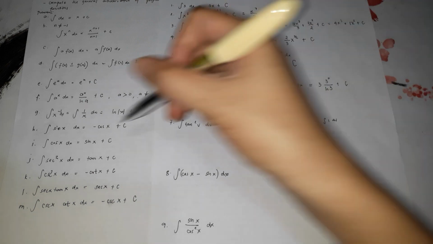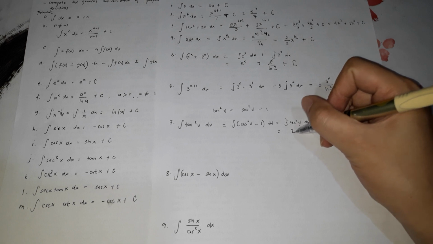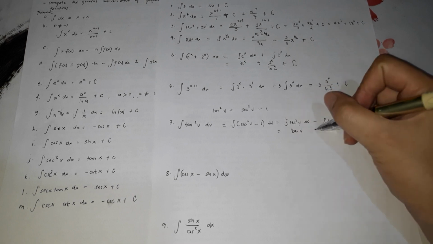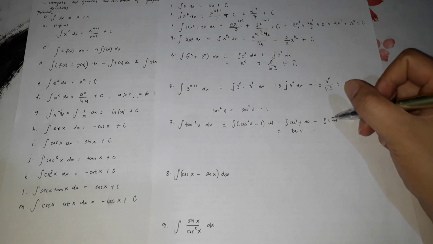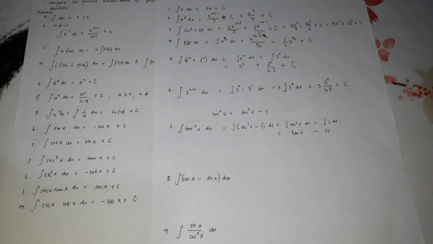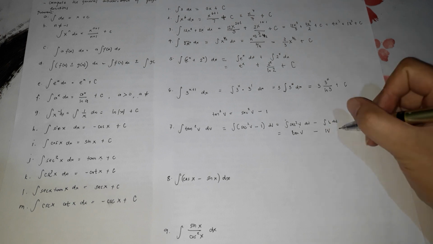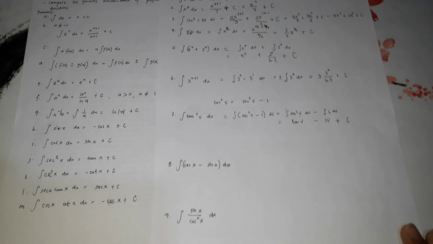This one, if you notice, this is equal to tan v. So therefore, tan v minus the antiderivative of constant is, the integral of a constant 1, lagyan mo ng variable which is v plus c. So this is the answer. For number 8,